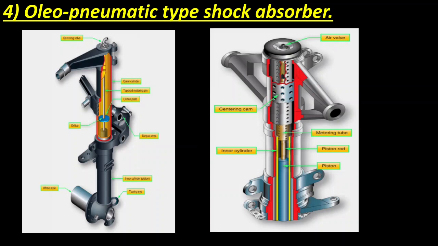You can see here a valve. The upper cylinder of a shock strut typically consists of a valve fitting assembly, and it is located at or near the top of the cylinder. The valve provides a means of filling the strut with hydraulic fluid and inflating it with air or nitrogen as specified by the manufacturer.